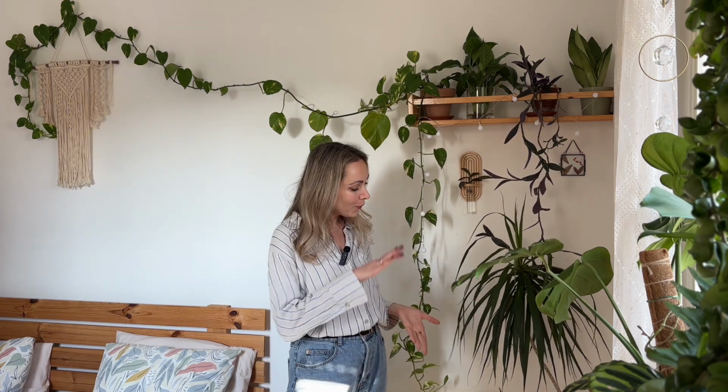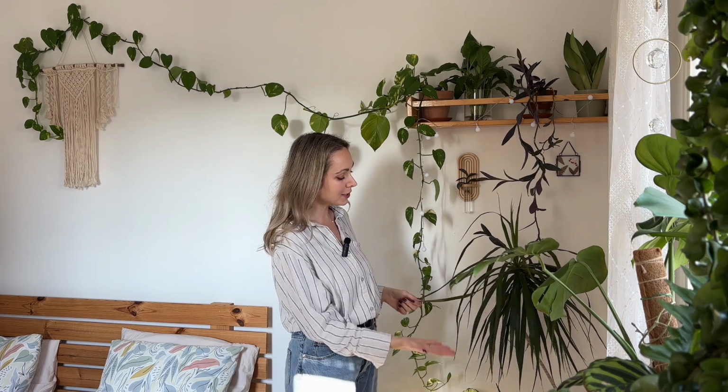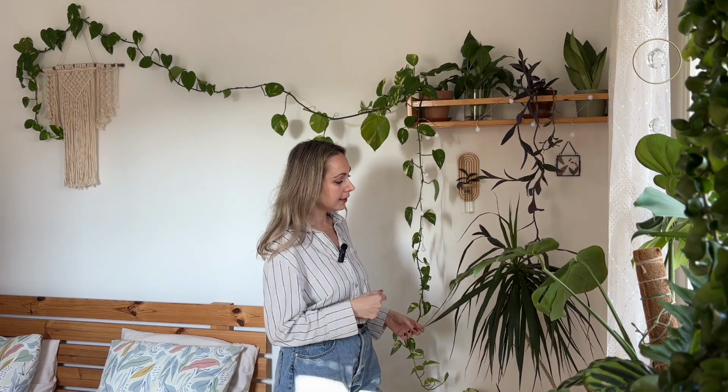So the last plant in this space is this Dracaena. I've had it for a really long time, I think about 6 or 7 years. It used to be really short and really small, and this is a plant that I enjoy so much. I do feel that this is so rewarding because you can grow such a big plant in not the